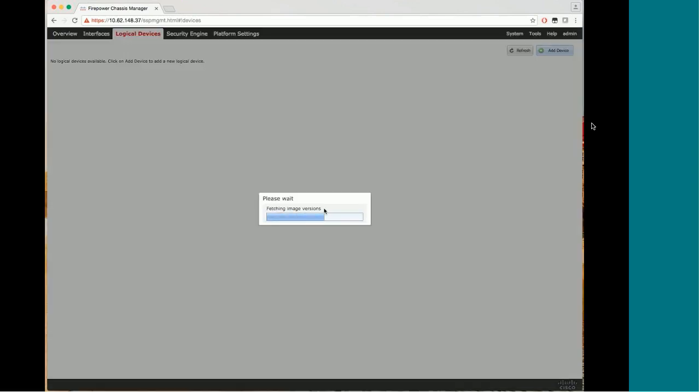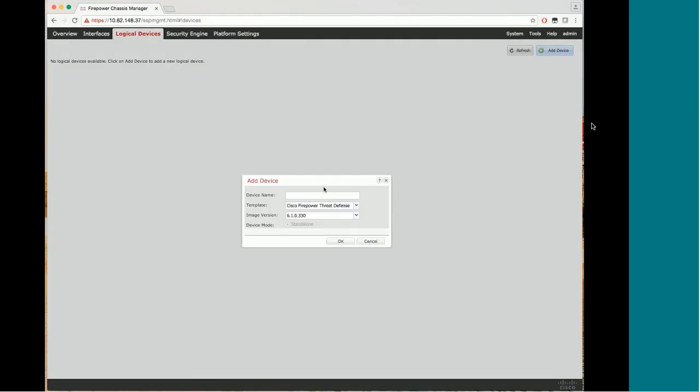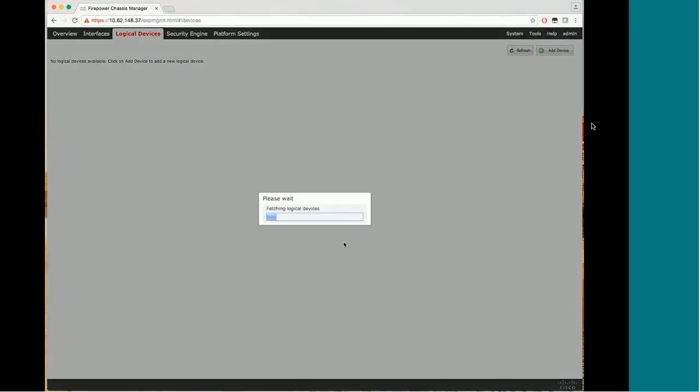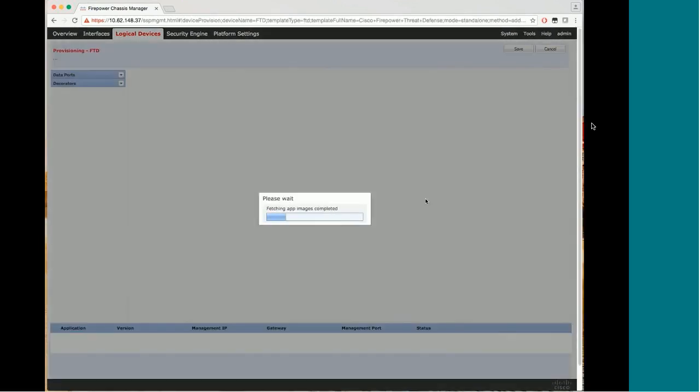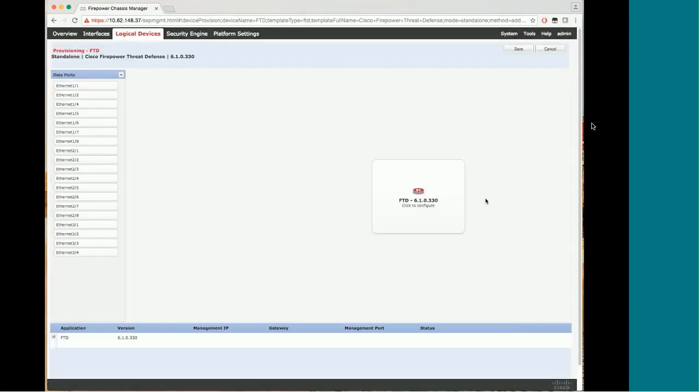For now, we don't have any logical devices available, so we need to click on the Add Device button to start installation. And here we're giving the name and specifying the version for our FTD. In our case, it will be 6.1.0, and we click on the OK button. Now we will be redirected to provisioning mode, where we need to configure our management interface and some additional settings. To do this, we're clicking on the FTD icon,